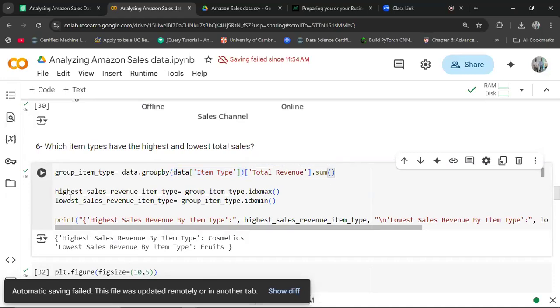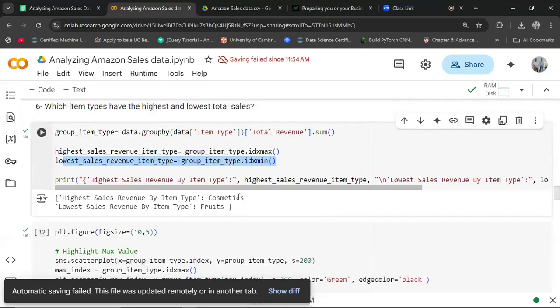We can start with the highest revenue, which is the idxmax function. The lowest revenue is the idxmin function. To run this one, we are being told that cosmetics have the highest total revenue in Amazon. Cosmetic products contribute to the highest total revenue, while fruits contribute to the lowest